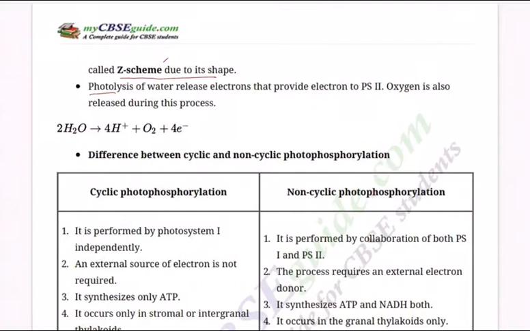But light is not being broken, water is being broken with the help of light, photons. So water releases electrons that provide electrons to PS2. Oxygen is also released during this process. So what happens when photolysis takes place? H2O gives H plus and OH minus, and I explained to you how oxygen is formed, and 4 electrons are